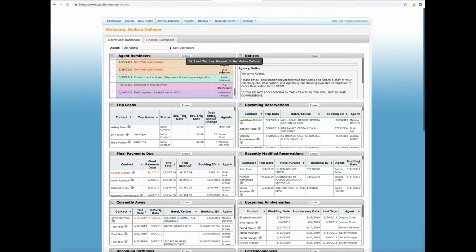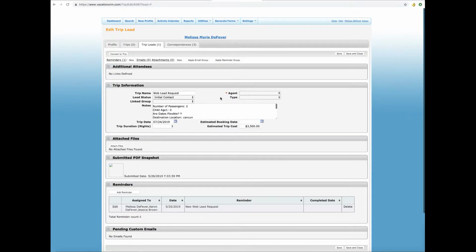lead. I'm going to click here. All right, it's going to bring up the trip lead information. I'm going to go through. It says number of passengers, child age 0. That means they're not taking any children. Are the dates flexible? Yes, I'm seeing dates